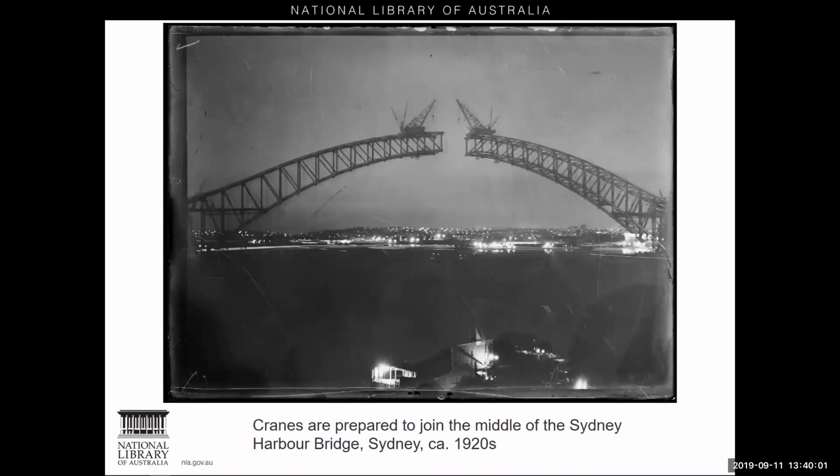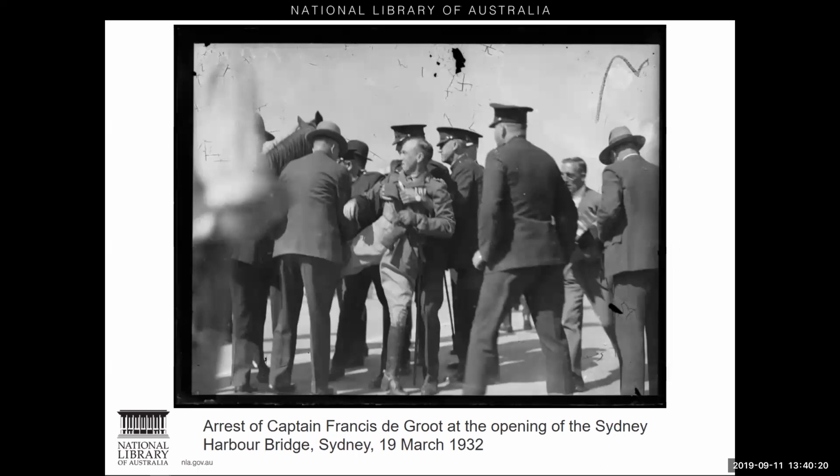The significance of this collection is related to its original purpose, to document newsworthy and historical events, people and places from the 1900s to the 1940s. So it includes images around topics such as the construction of the Sydney Harbour Bridge, which we can see here, the Great Depression, politicians, sportsmen and women.